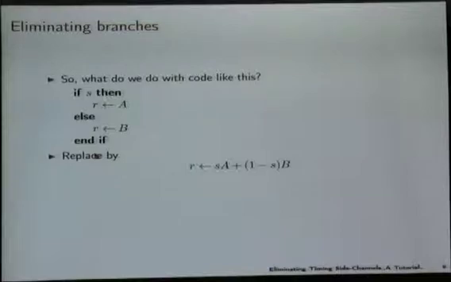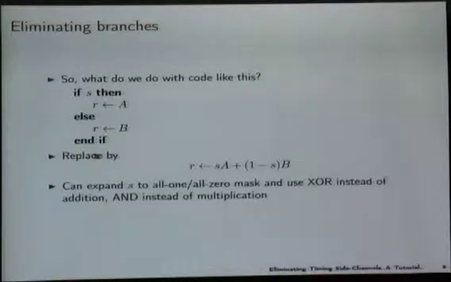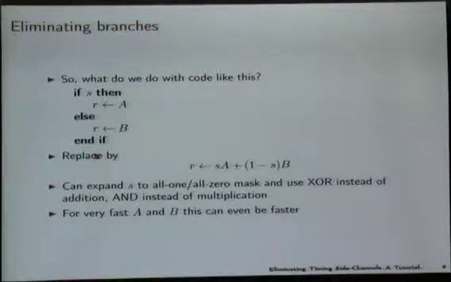So if you remember any slide from my talk, then remember this simple formula of how to get rid of branches. If you do that in practice, you don't necessarily want to use multiplication or addition. You can do that with XORs and ANDs, and I will have some C code on the next slides showing how that works. The interesting thing about this is that if you have very fast A's and B's, something where you really just do an assignment,